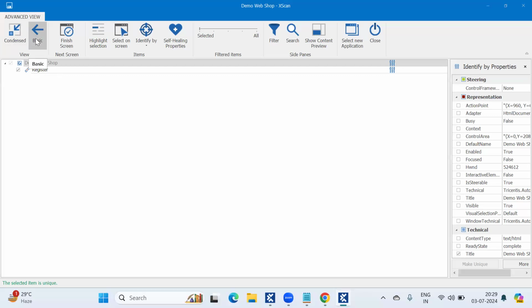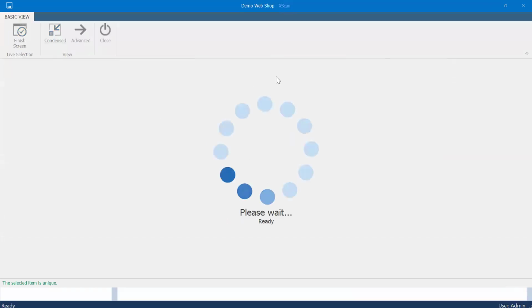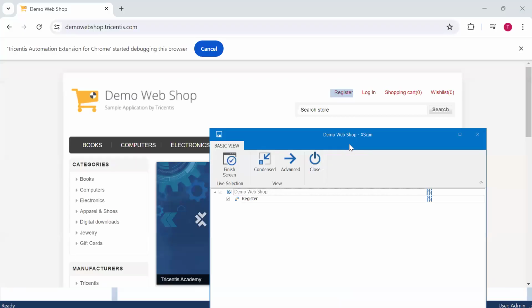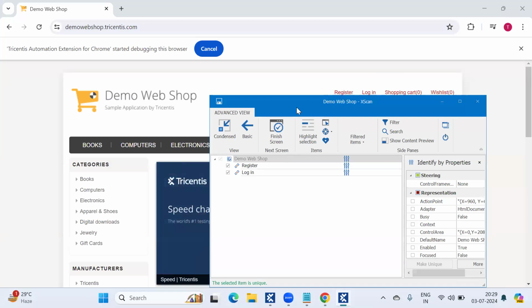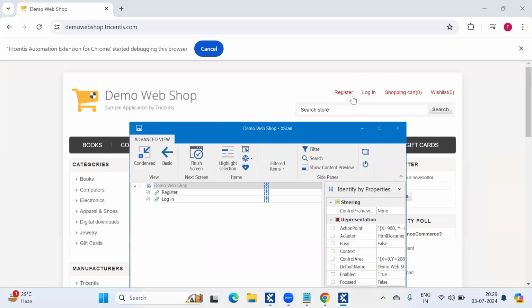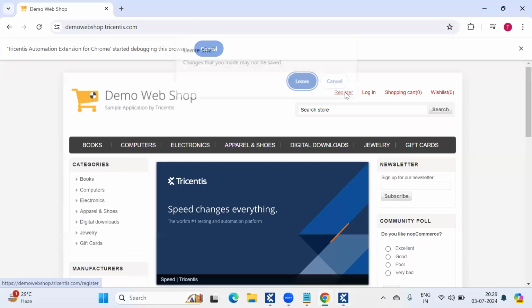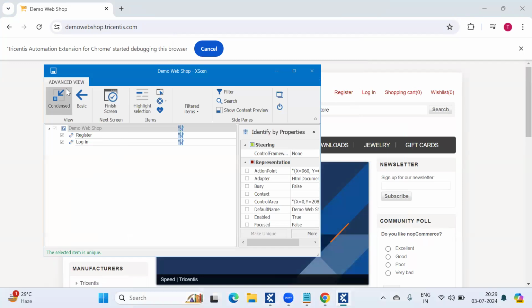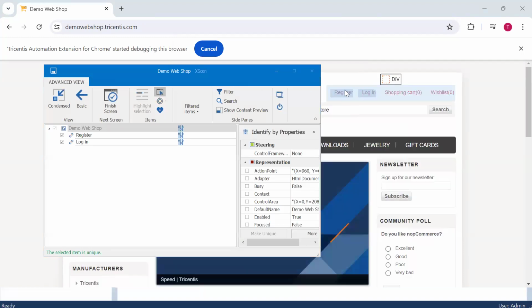From the basic view also we will see. Okay. It is enlarged. I have dragged my Xscan window like this and I am selecting login. Okay. Now let me jump to advanced view. See, now through advanced view, if I go and click on this, it will just perform the click operation only. But we are unable to select that control from the advanced view directly. Only if we click on select on screen, then we can go and click on this particular control. See.